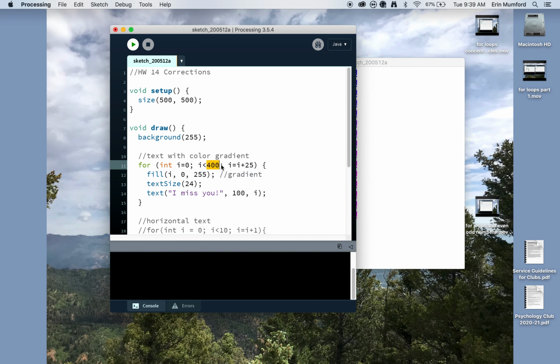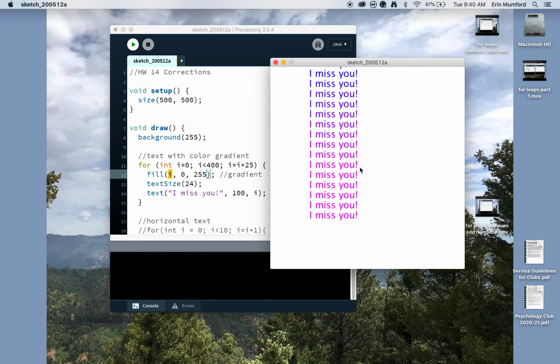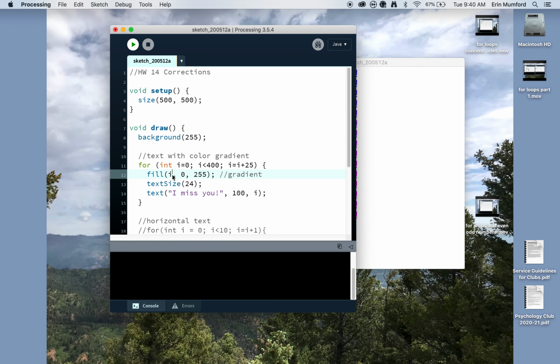The max value of i, the counter variable, is 400. And as everybody I know remembers, the max possible value you could have for a color parameter is 255. So this actually gets as pink as it will get when i has a value of 255. So if you wanted to adjust this so the gradient is consistent across the display of text, you could use maybe, for example, some division, so you could more equitably distribute the color change. So if I divided maybe by, let's say,